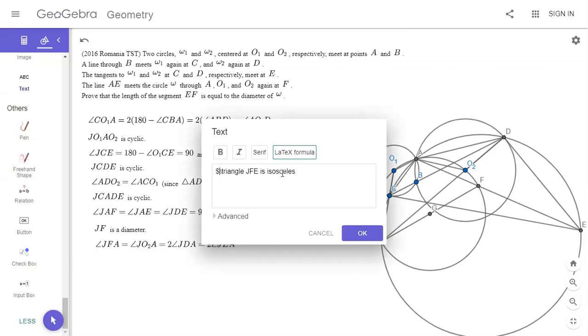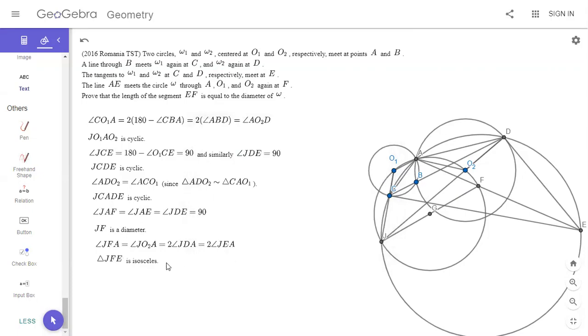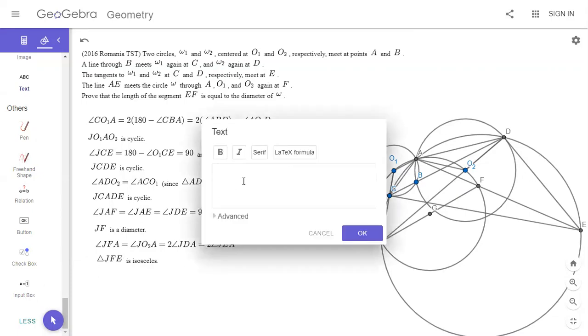And so EF is equal to JF, the diameter of omega. So yeah, once you see the right ideas, this problem isn't hard. It just took us